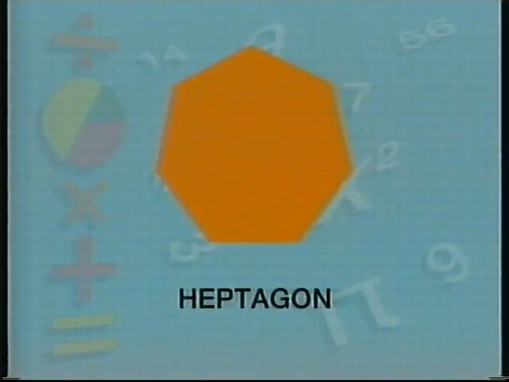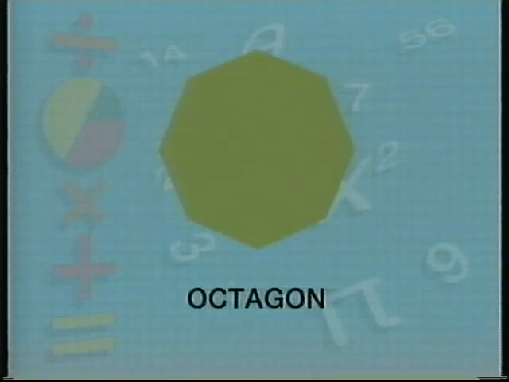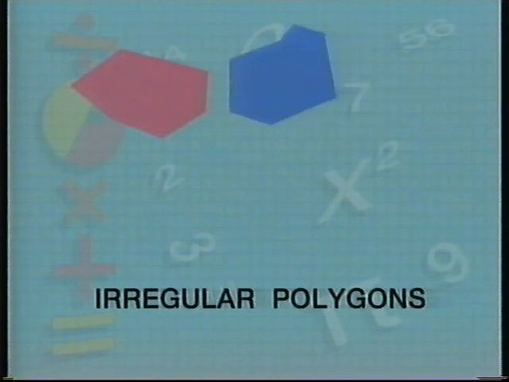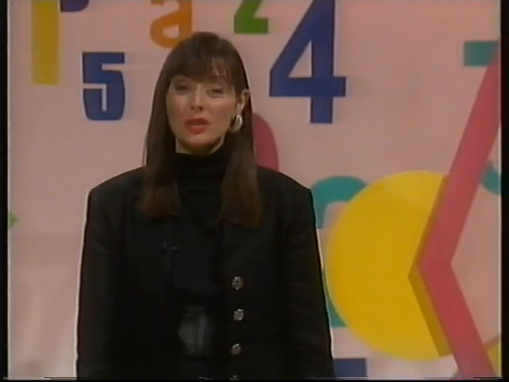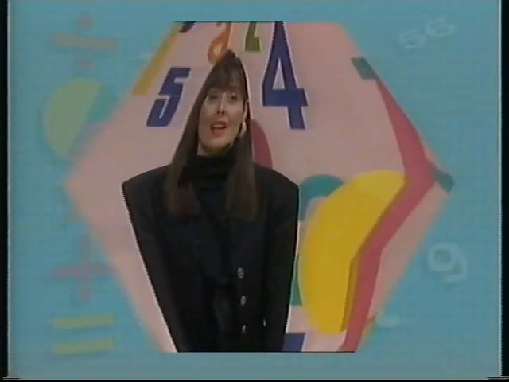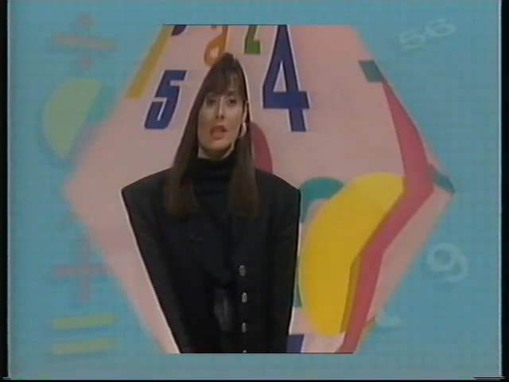A heptagon, 7 sides and angles. An octagon, 8 sides and angles. And these are all regular polygons, where all sides and all angles are the same. These are also polygons, but they are irregular. It may seem like a lot to learn, but you should know it. Now, the angle sum of a polygon is what you get if you add up all the angles inside the